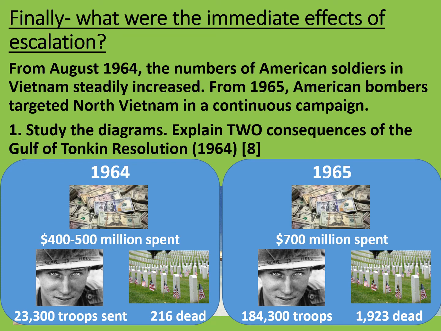This no longer has to be done via the back door by sending special forces like the Green Berets building the strategic hamlets. Now regular infantry and marines and air crews can be sent to South Vietnam to act as actual combat troops. And that results in our final consequence, 1,923 dead. This was a figure that was only going to grow and grow and grow. And yet, when we compare this to the figure for 1964, we can see that far more American soldiers are being sent into harm's way as a result of what Congress decided with the Gulf of Tonkin Resolution. So in summary,